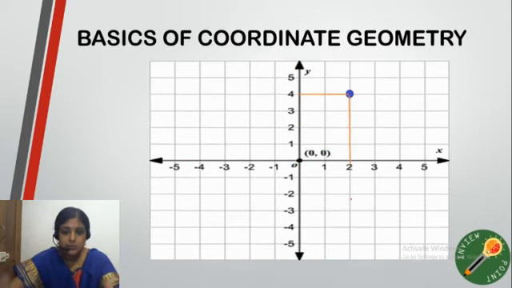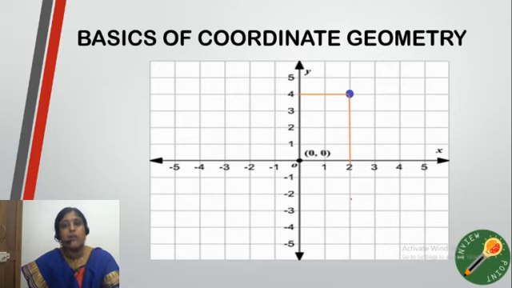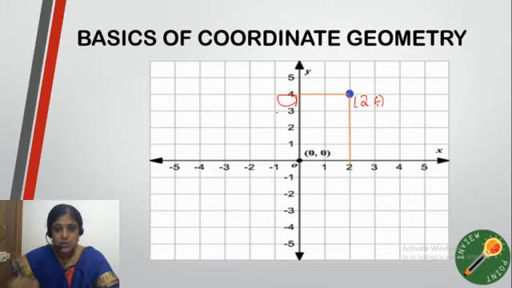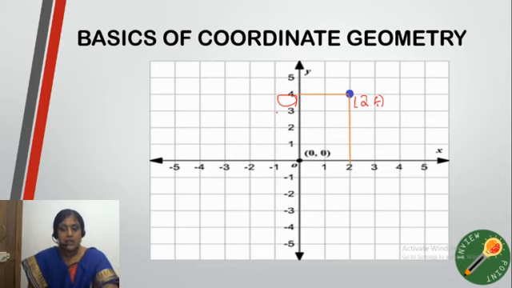See, in this figure you can see a point in the first quadrant. So how do you write the coordinates for this point? See here, the value of x is how much? It is 2, right? So the x coordinate is 2, and the y coordinate is how much? It is 4, right? So it is 2 comma 4. Is it clear, students? Here in the first quadrant you can see that the values of both x and y are positive.